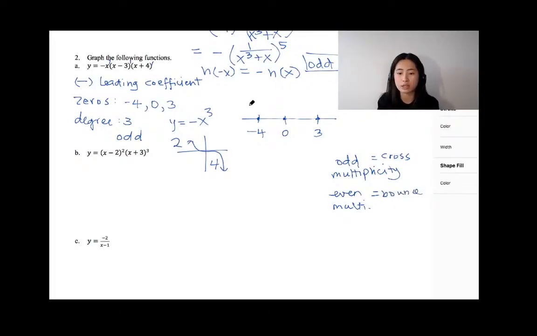So in that case, you're going to cross. You're starting from quadrant 2 because you know the leading coefficient has a negative sign. So you're crossing this, right? Again at 0, because its multiplicity is odd, you're going to cross this again, and then you're going to cross another one at 3. Okay, there we go. So this is how your function is supposed to look. You're just crossing, right? But, okay, moving on to